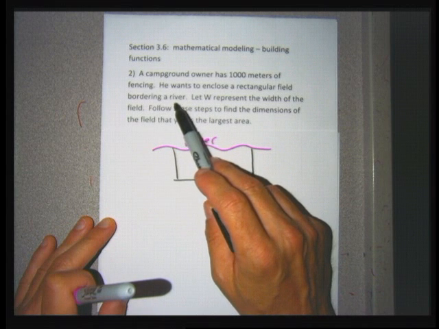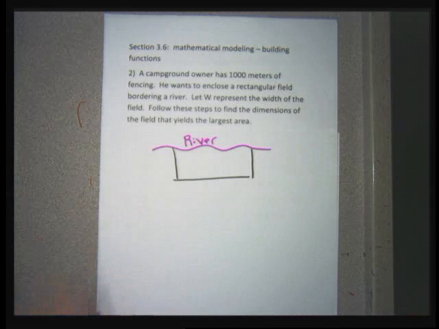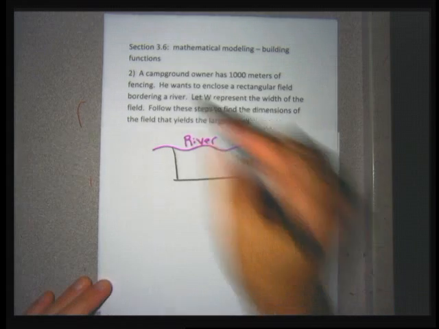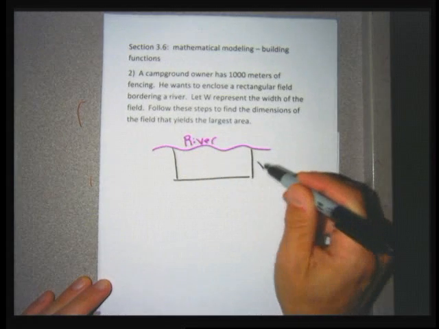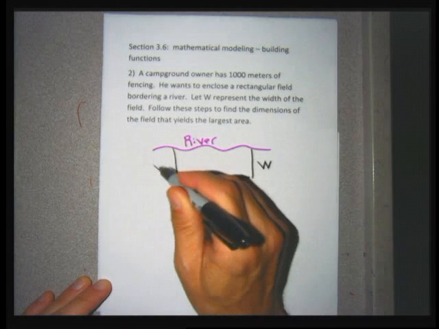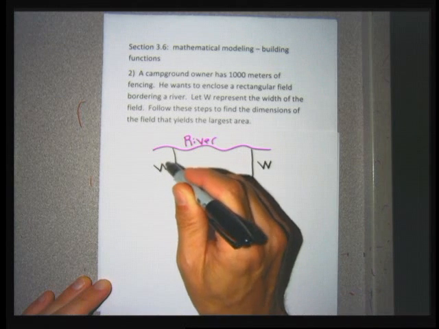Then it should say there's no fence needed where the river is. That's implied when you're doing a river problem. They don't, for whatever reason, put a fence to block the river. And maybe I'll add that to the problem in a bit when I go back to my office. So I'm needing to build 3 sides of a fence,